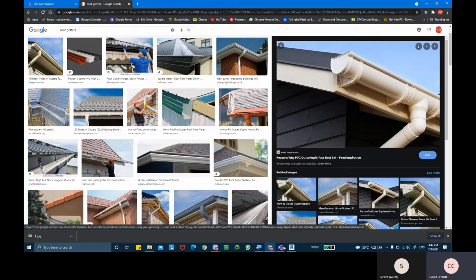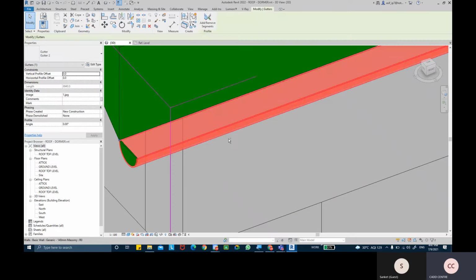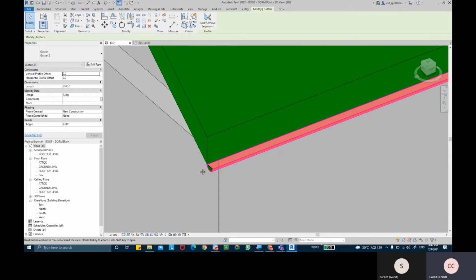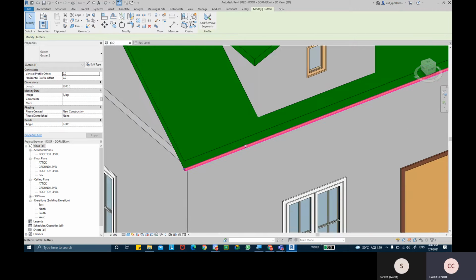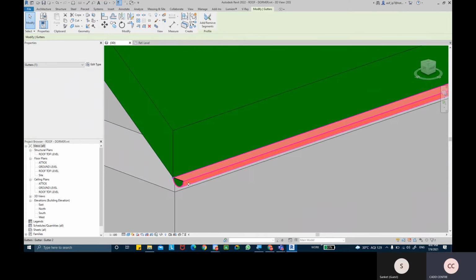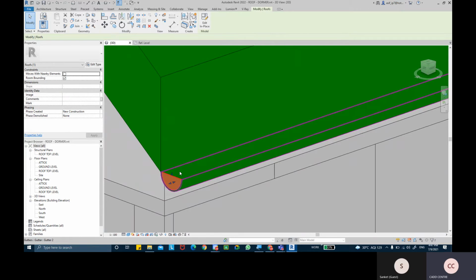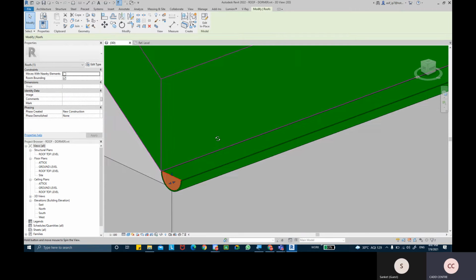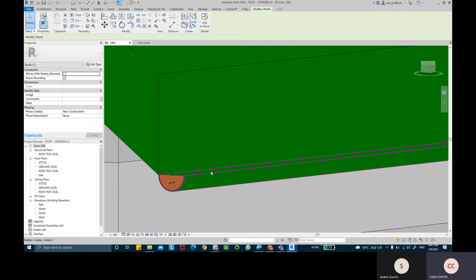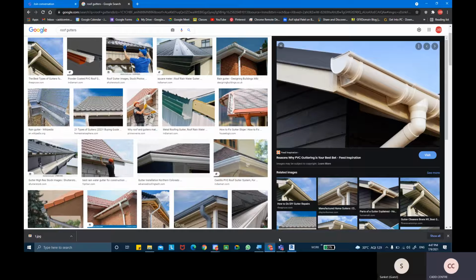Sadly you can't do that in Revit Architecture or Revit MEP. So that's a negative drawback that is there in this software. We can attach the pipe, but we cannot create this fixture, or this fitting actually. Okay. So not possible to do that.